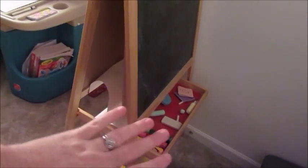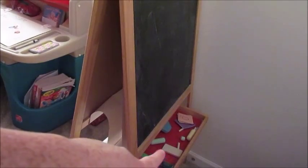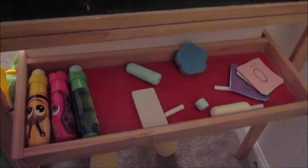On this side there is a chalkboard and a tray down here, and we keep chalk in here only because Sebastian will color on the chalkboard with whatever is down here. And we keep our crayons over here in the corner in just a little box. And here is where the paper is actually meant to go through. But I prefer for them to be able to use the chalkboard